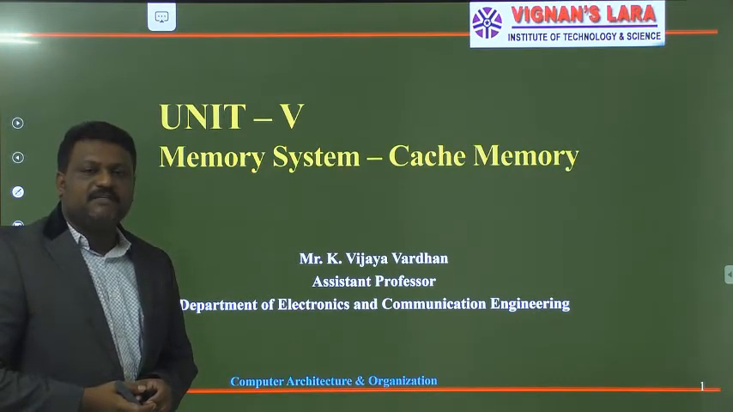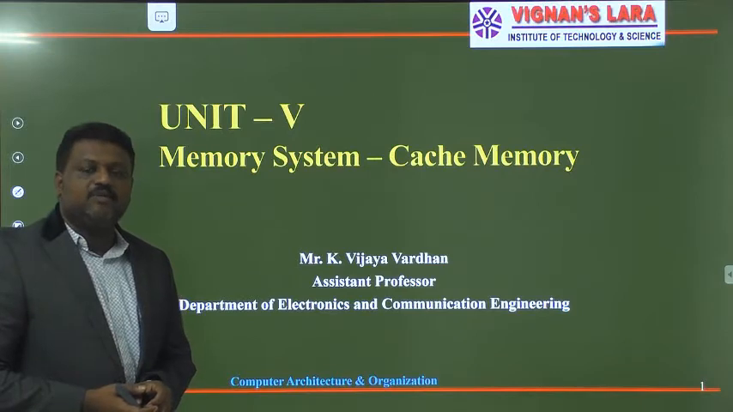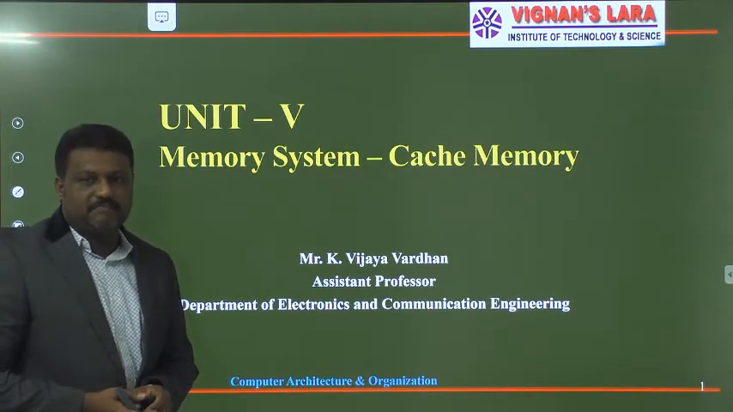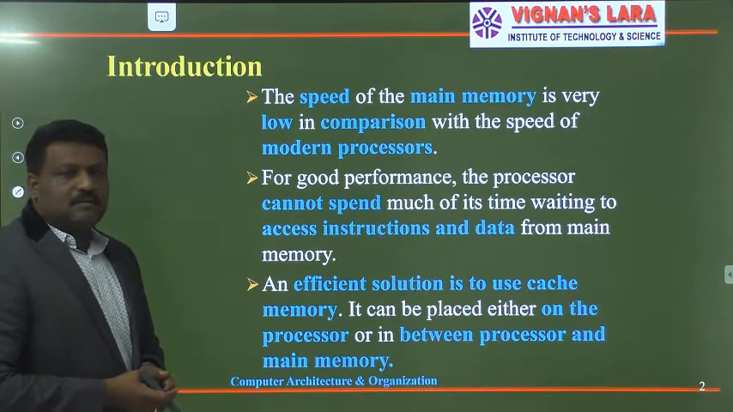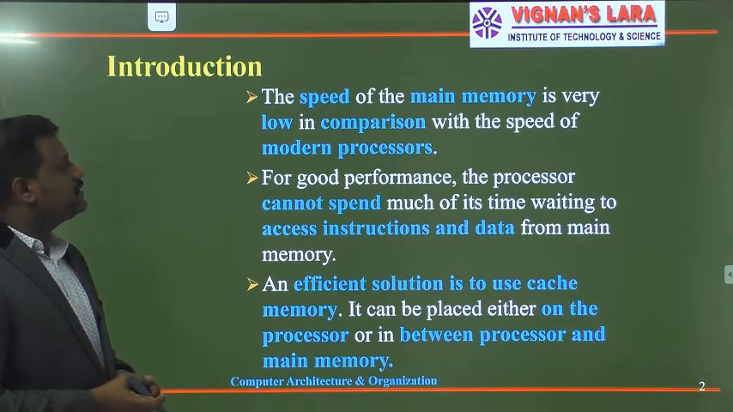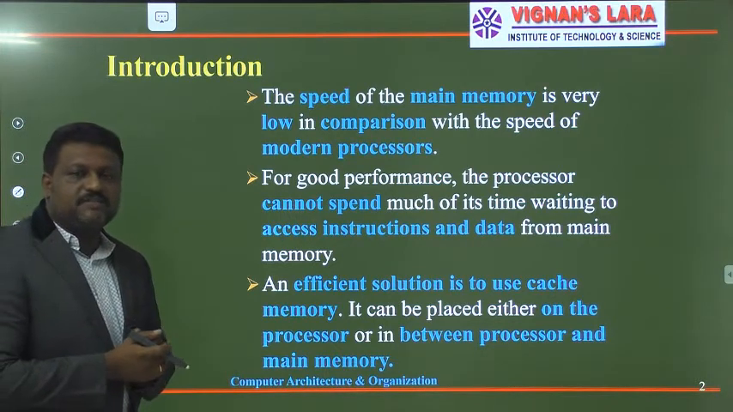From last couple of classes, we discussed about our memory systems. In that, we discussed the introduction part. Later, we discussed the types of read-only memories. In this class, I am going to explain about the cache memory. The first thing is the speed of the main memory is very low in comparison with the speed of operation